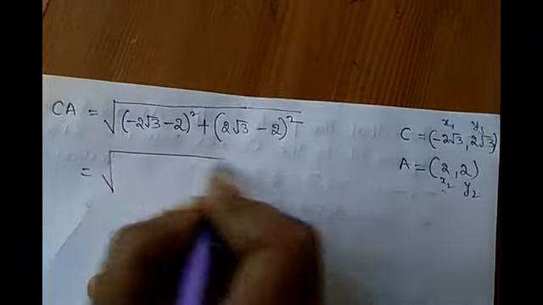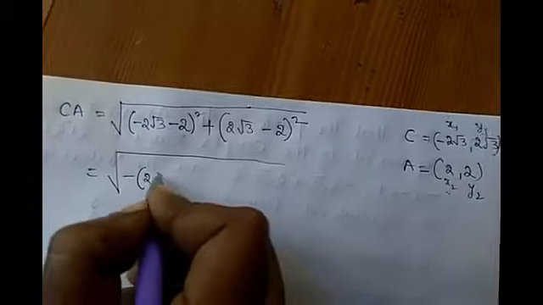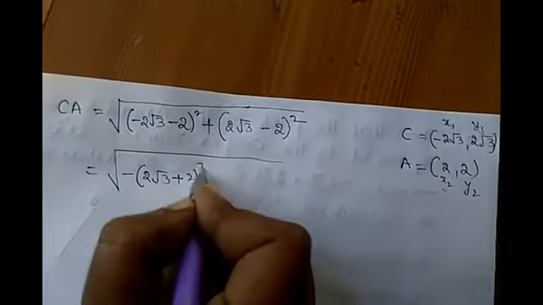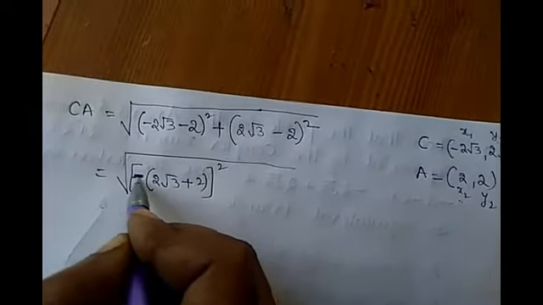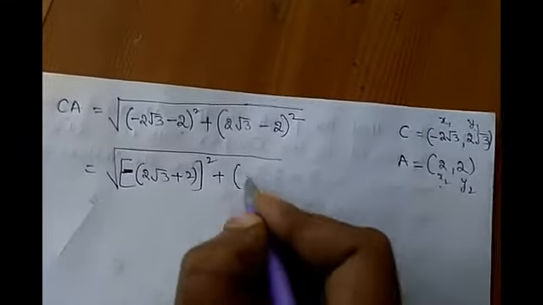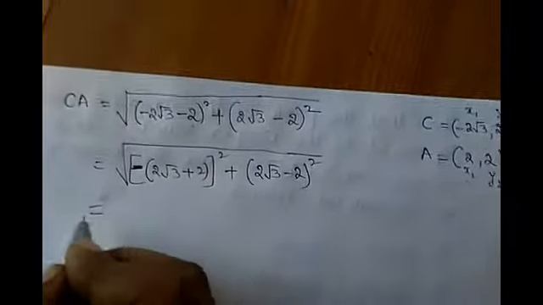It can be written as, taking minus common here, 2 root 3 plus 2 whole square. We should write whole square for minus also, plus 2 root 3 minus 2 whole square, which is equal to